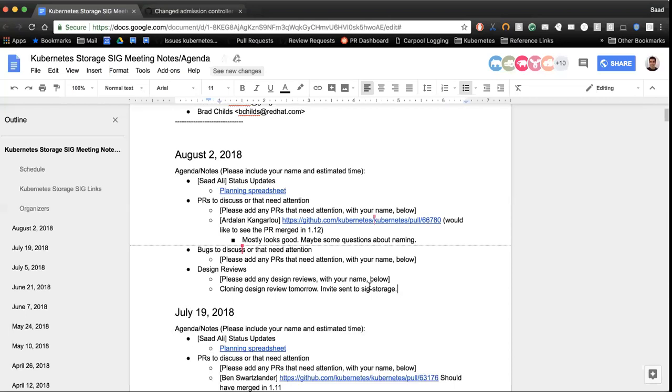Does that make sense, Hemant? Yeah, it does. I was just curious about how it will work on Kubelet. So, okay, we can discuss this in the other call. Sounds great. The cloning stuff is looking really cool, especially combined with snapshots. So if it's an area that you're interested in, please try to attend the meeting and provide feedback. That's all that I have for today.